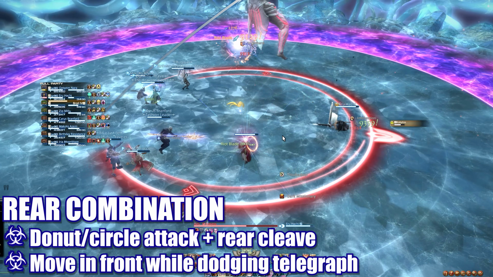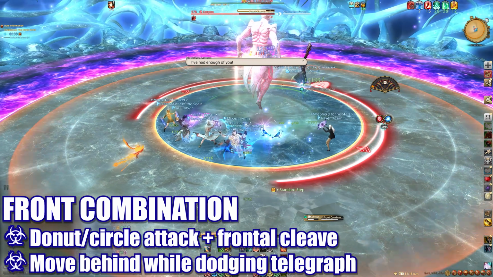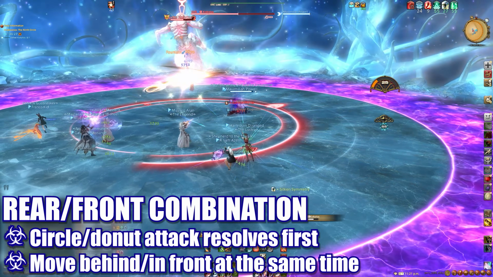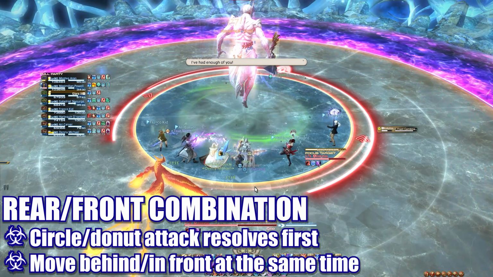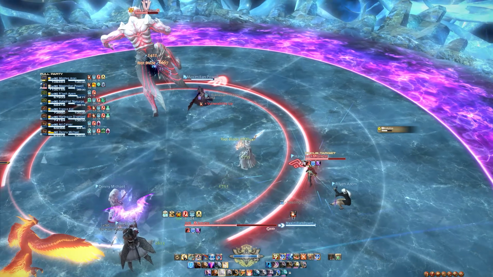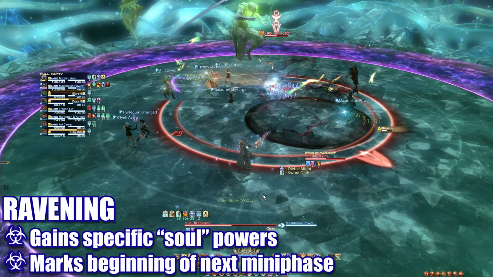The boss will then cast Rear Combination and form a Donut Telegraph, or cast Front Combination with a point-blank AoE Circle Telegraph. The telegraphed attack will always go off first, but is then immediately followed by a massive cleave directly in front or behind of the boss, based on the cast. Players will first have to identify if the combo is rear or front, and then move appropriately to avoid getting hit. At this point, this soul mini-phase ends and the boss casts Ravening again, marking the start of the next